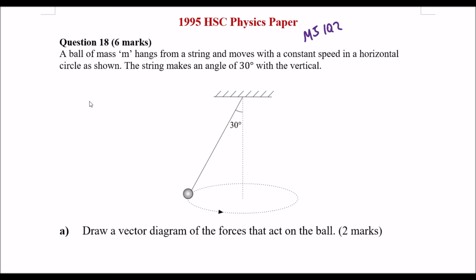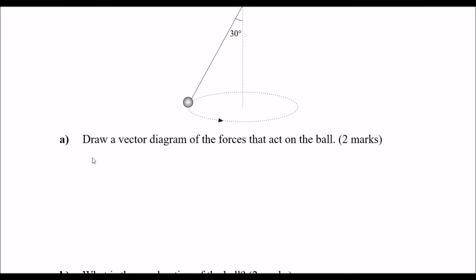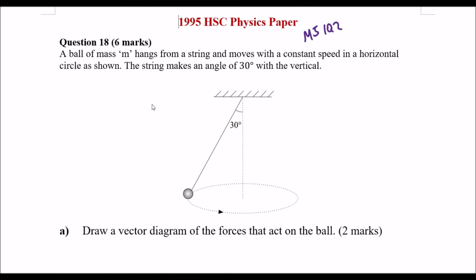So we have a ball of mass m hangs from a string and moves with a constant speed, and it makes a string angle of 30 degrees with the vertical, like so. So draw a vector diagram of the forces acting on the ball. There are, and I'm going to do it in this part up here, we have the tension force, we have the gravitational weight force, and we have our net force that is driving this circular motion,